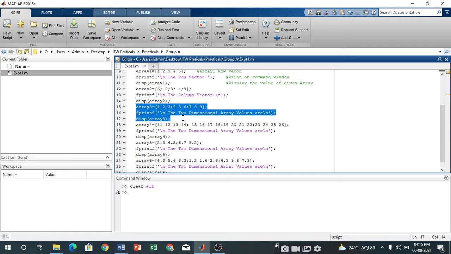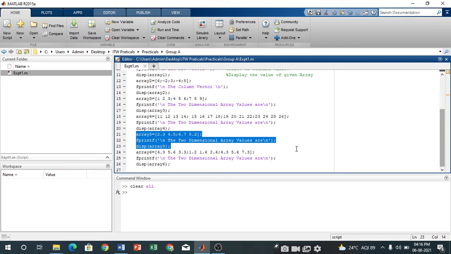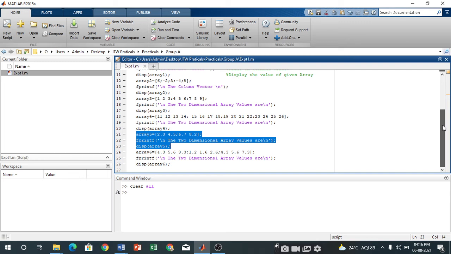Now we can also create an array with floating point numbers. So this is the floating point array, and this is the two dimensional array, a 3 by 3 matrix using floating point numbers. Now your program is ready to execute, but how are we going to execute this program?